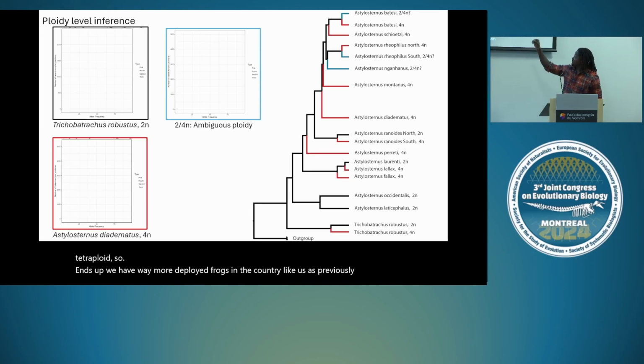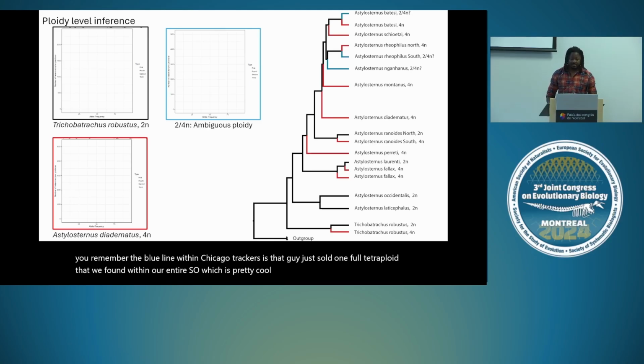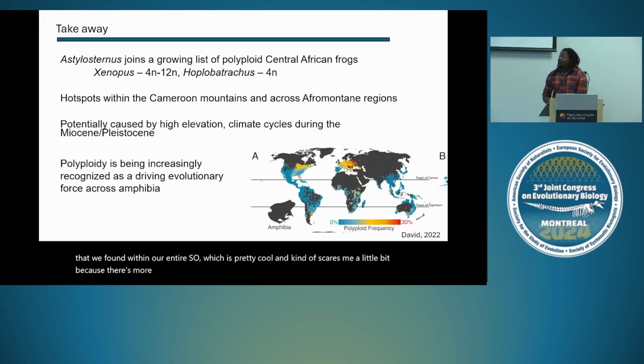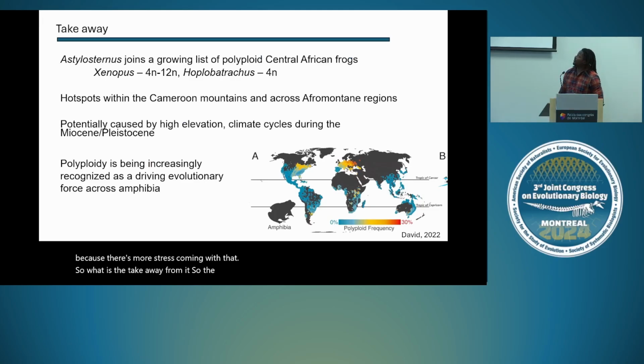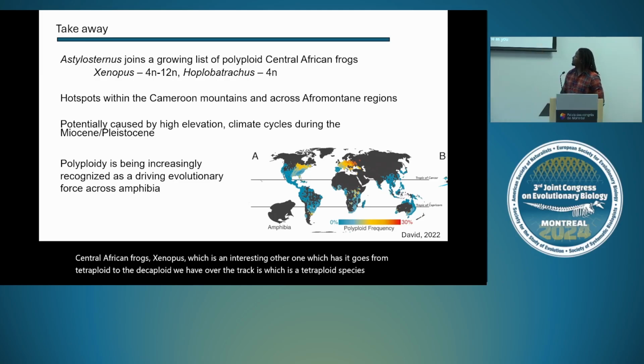And if you remember the blue line within Trichobatrachus, that is that guy. It's the sole full tetraploid that we found within our entire Trichobatrachus data set. Which is pretty cool and kind of scares me a little bit, because there's more work coming with that. So what is the takeaway from it? The genus Astylosternus joins a growing list of polyploid Central African frogs. Xenopus is another interesting one, which goes from tetraploid to dodecaploid. We have Hymenochirus, a tetraploid species. The Cameroon volcanic line, as you can see in this paper from David in 2022,